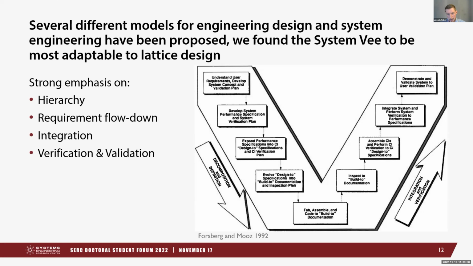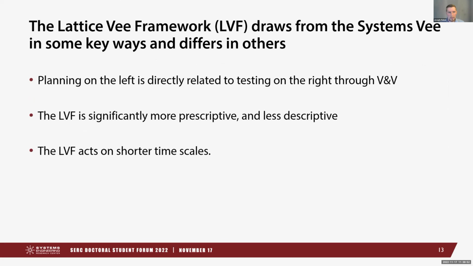when defining our framework. We have three key ways that were either similar or dissimilar from some implementations of the system V. On the left, when we do planning, it's directly related to verification and validation on the right side of the V. The Lattice V, or the LVF, as I may be abbreviating it through the presentation, is a lot more prescriptive. Whereas the system V is very general about what types of things you should be doing, the Lattice V can be very specific about what you should be doing when,